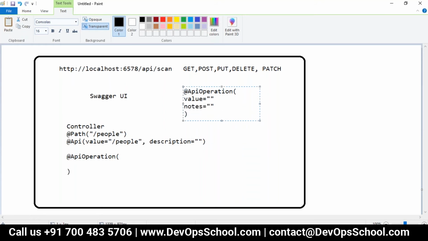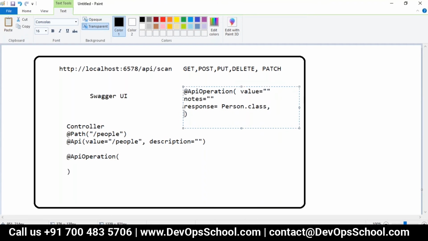And what is the response you are expecting? For example, you are expecting the whole object. Like, I have one object called person, so I'm expecting the response as person.class. So that is the response which I'm expecting.